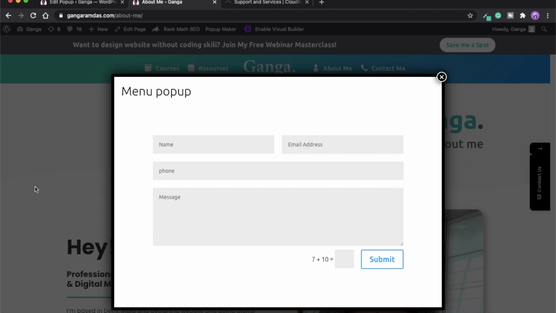One more thing I want to add here: there will be some customization you might not be seeing, or might not be able to edit with the Divi Builder. In order to do that, you have to manually add the CSS code to your CSS section. And if you find any difficulty in writing CSS or designing this pop-up, you can just leave a comment in the YouTube section.